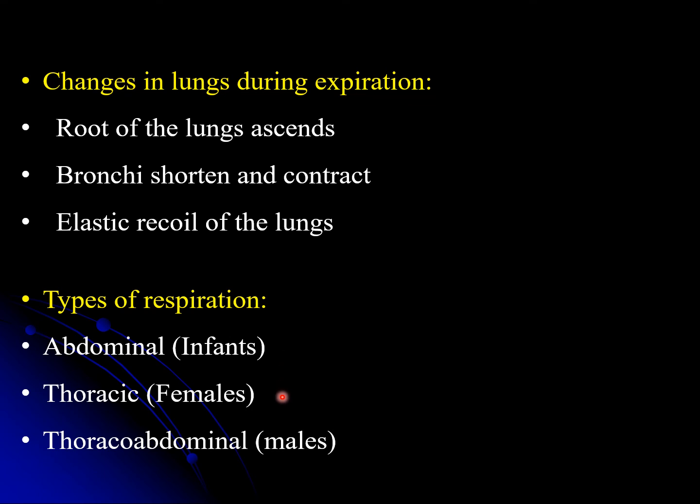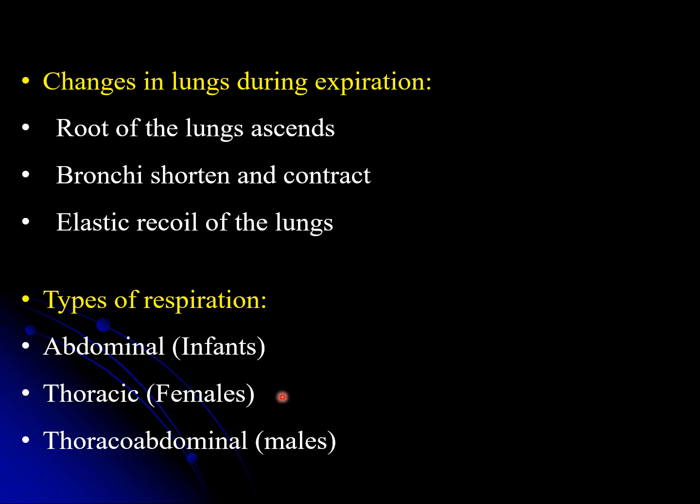The second type is in females. All that we have studied till now, the type of inspiration and expiration and the movements taking place, all take place in females, but mainly females perform inspiratory movement with the help of the thoracic cage and intercostal muscles rather than the diaphragm. The diaphragm is also descending, but mainly their movement is because of the thoracic wall and intercostal muscles. So that's why respiration in females is known as thoracic type.